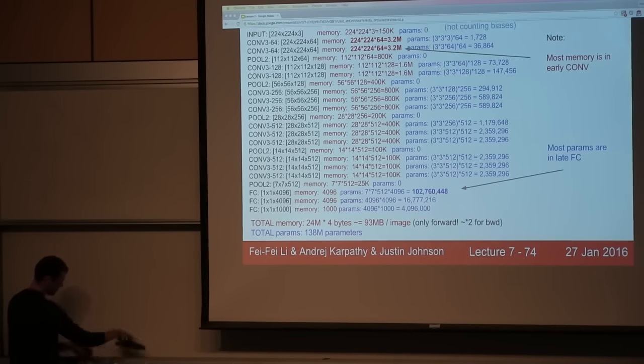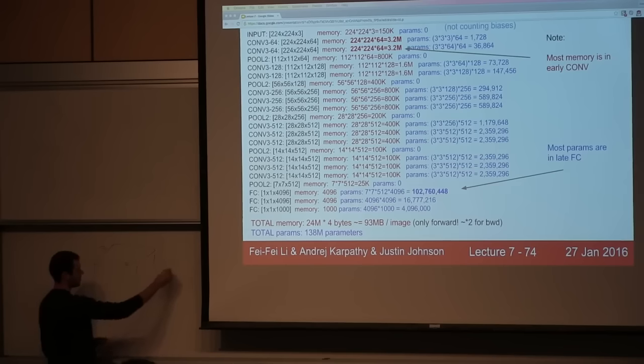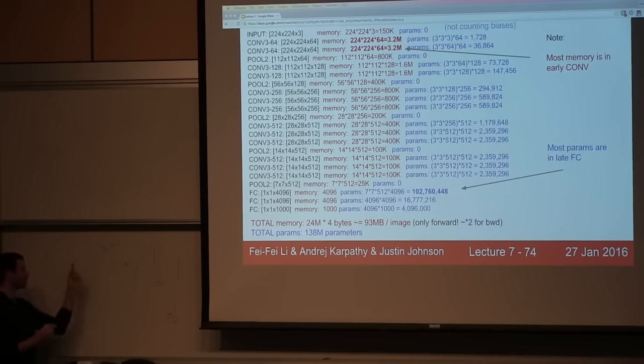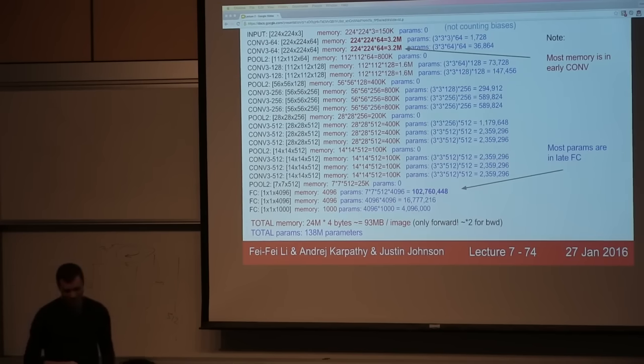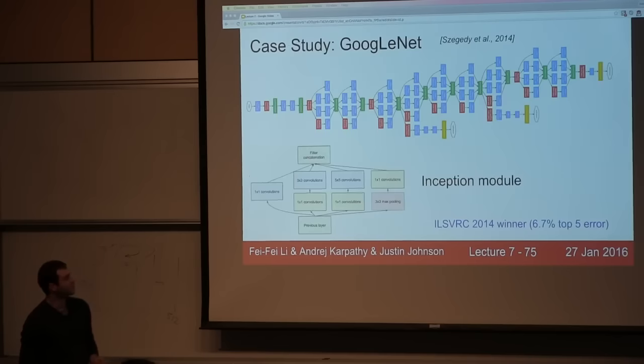But what works relatively well is the following. You have a 7 by 7 by 512 volume at this point. And instead of doing fully connected on this, you transform this into a single column of just 512 numbers. And you do that by doing average pooling across the full thing. So you do average pooling this way. So every single number in the output is a result of averaging 49 numbers in here. So you take those activations and you just average across. And you can use that instead, and it works almost as well. So you can save yourself a lot of parameters. So that's a trick that I think they actually used in GoogleNet, which is my next